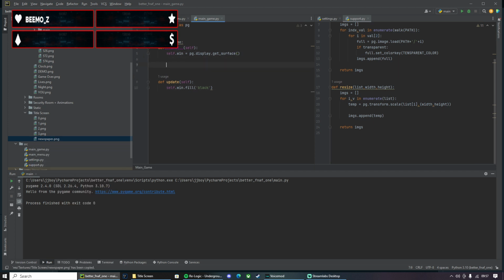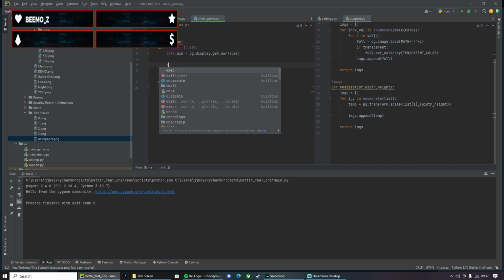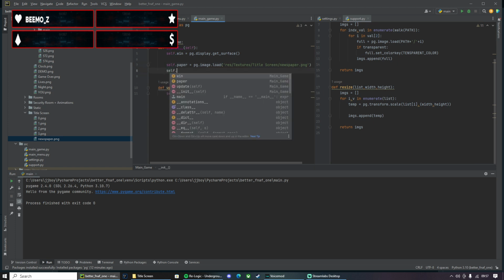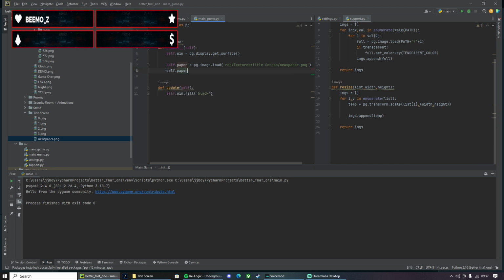Let's just call it once, because we only are. self.paper equals pg.image.load. Need to put it into a string. And then we'll have to resize it. So self.paper equals... I need to do it in here.